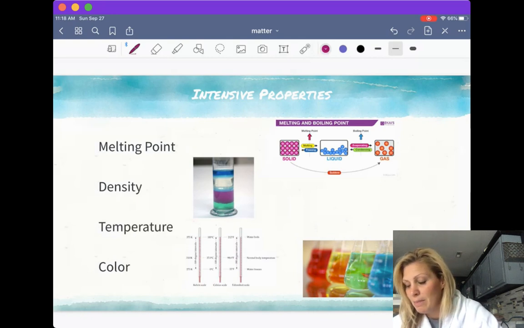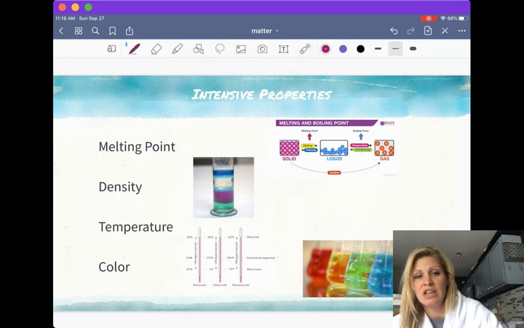So the melting point and the density and the temperature and the color and any other intensive properties that we measure are not going to change based off of the amount. It's going to change based off the identity. So copper's melting point is going to be the same regardless of how much of it I have. Density of copper is going to be the same regardless of how much of it I have